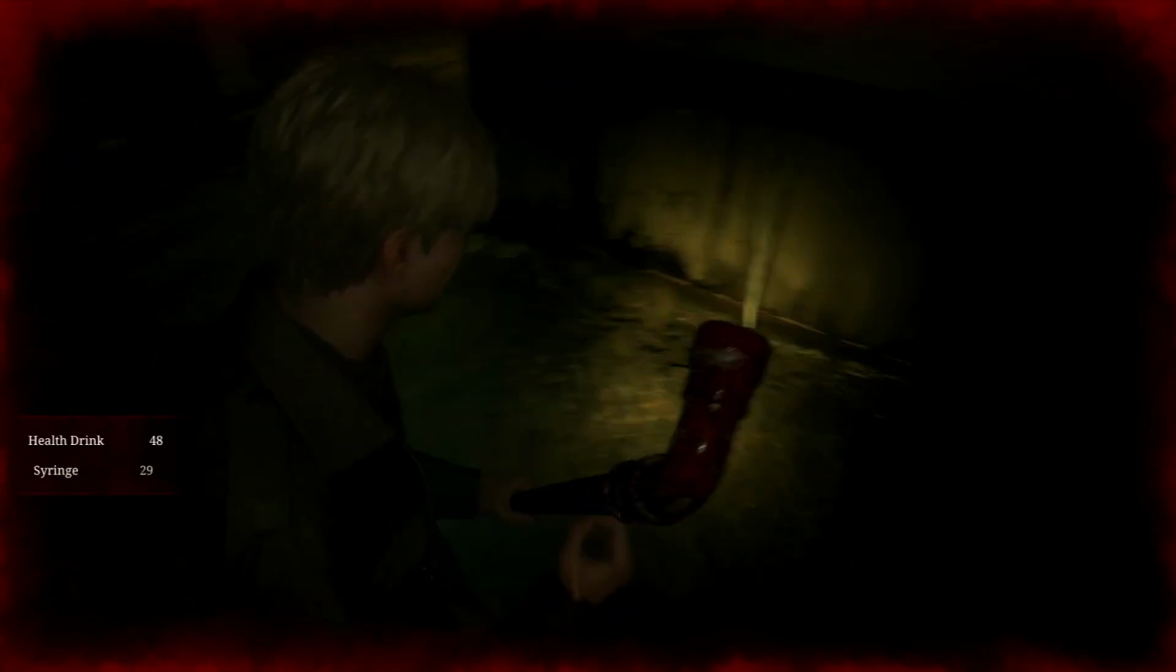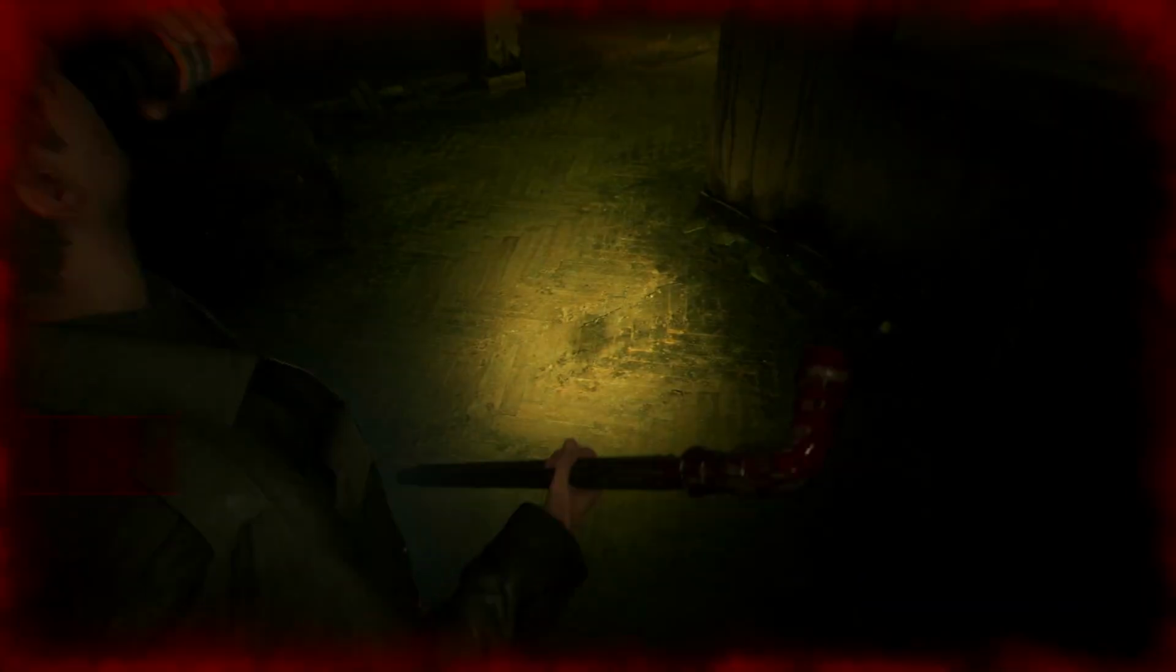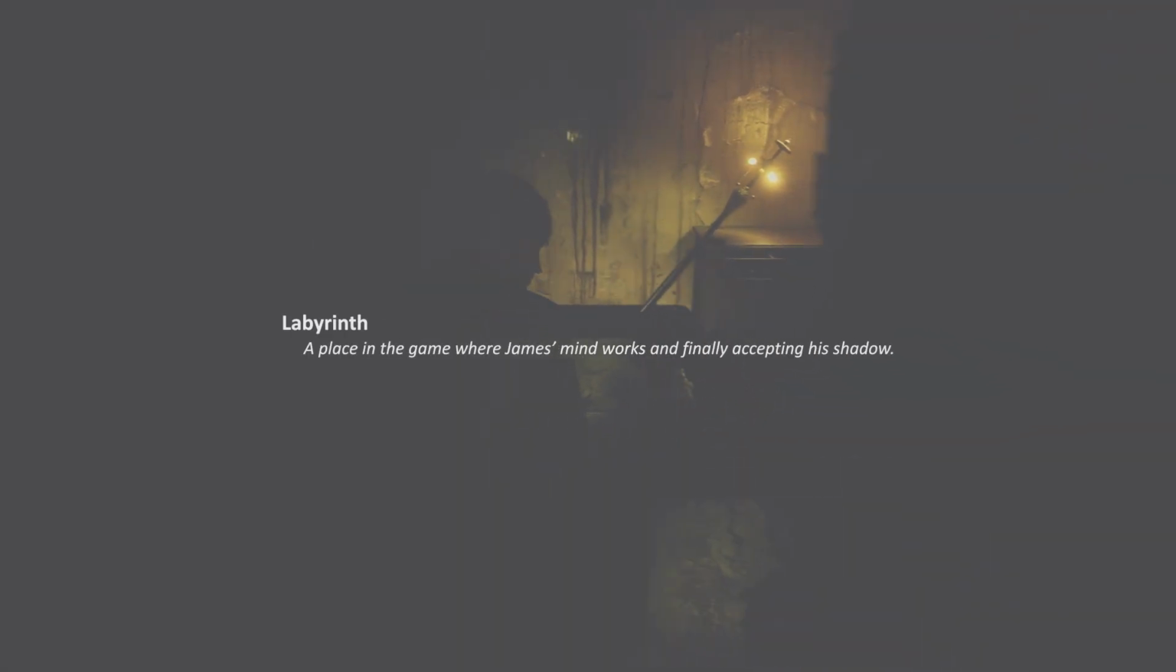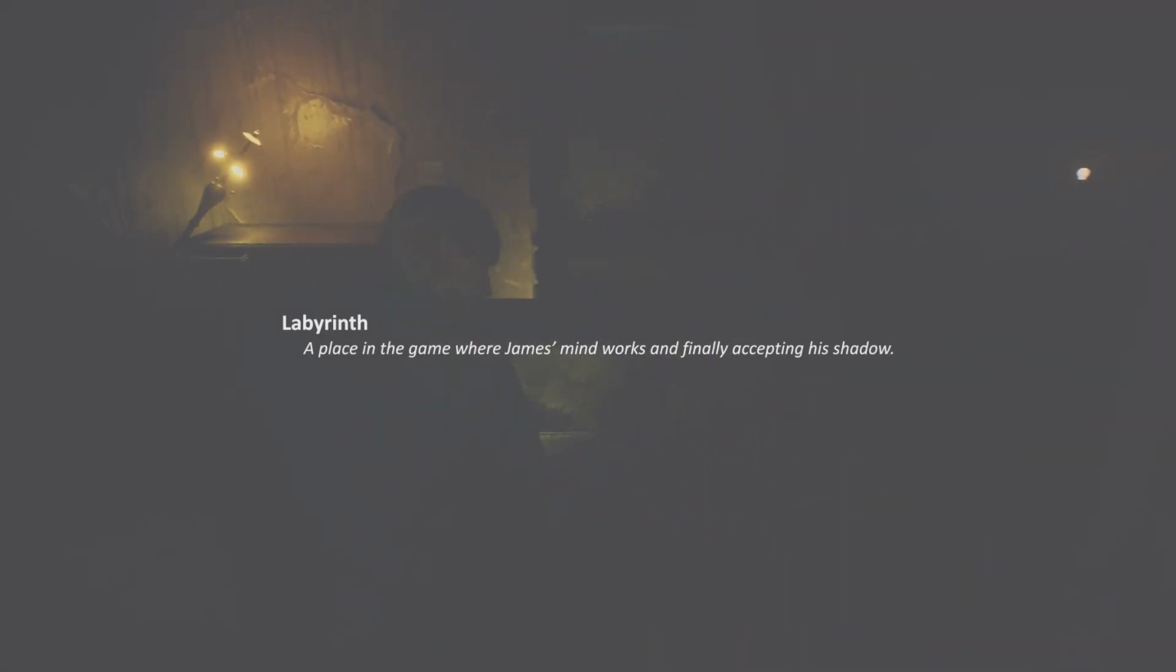Getting back to the topic, and yes, this is one long game, we should focus on just one specific level of it, the Labyrinth. The Labyrinth is a place in the game where James' mind works and he finally accepts his shadow. In film literacy, we divide it into the 5-act structure, which we can relate also to the 5 stages